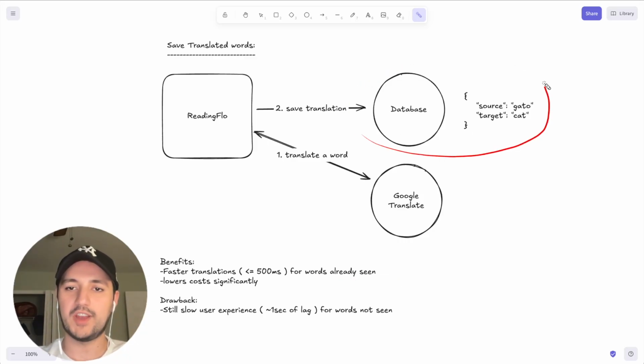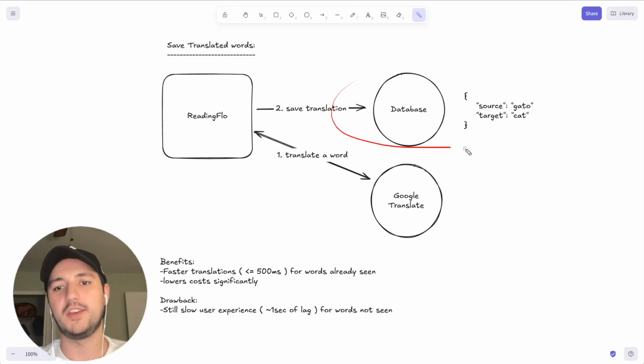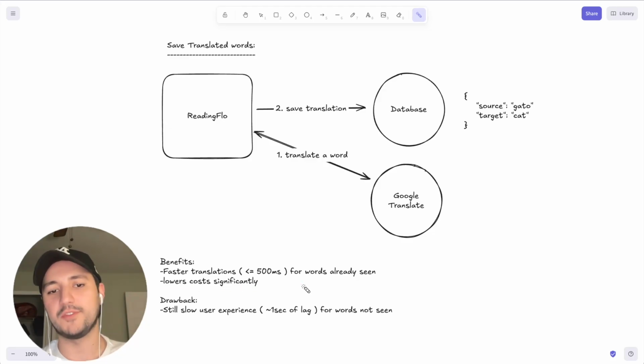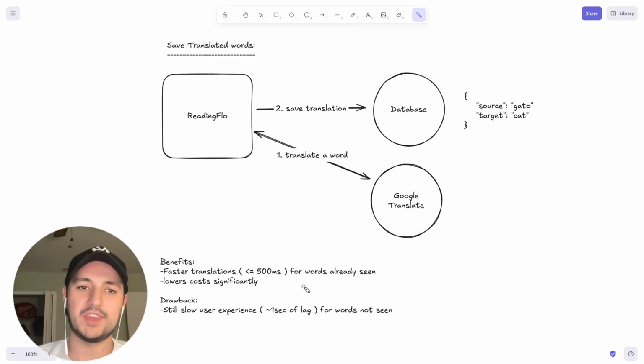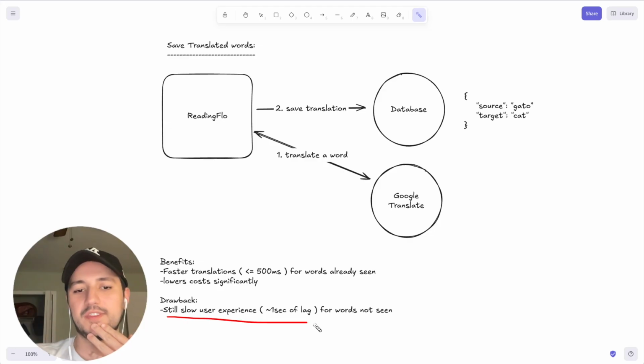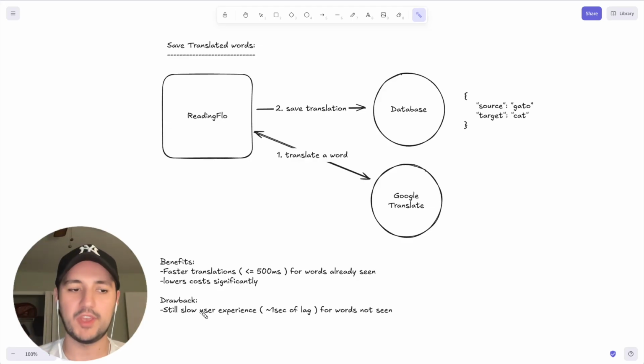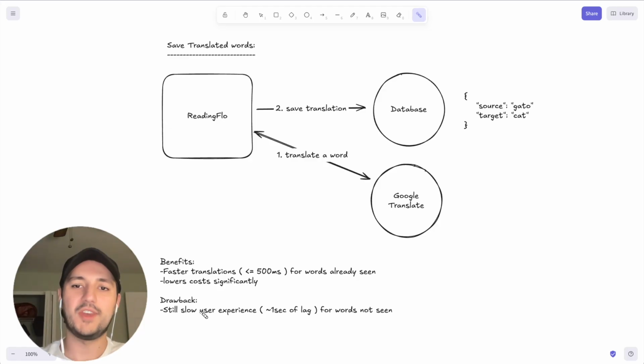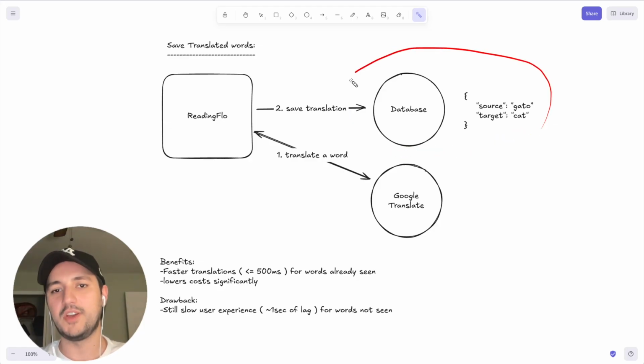So the words that are actually inside this database have already been translated before by certain users. This lowers the cost significantly, which is really nice. It's faster for the actual user who's using the app, which is also pretty nice. But for people who are using the app for the first time, you'll have a bunch of people do lots of translations at the very beginning, especially when your language is brand new and you don't have this database full of all those translations